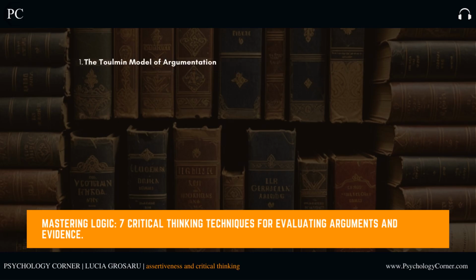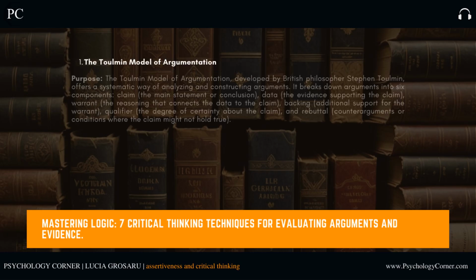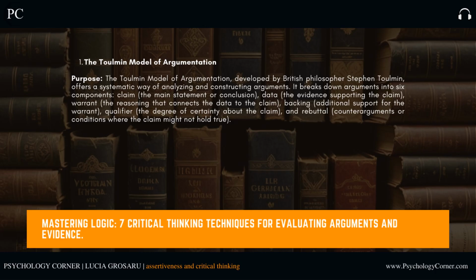1. The Toulmin model of argumentation. Purpose. The Toulmin model of argumentation, developed by British philosopher Stephen Toulmin, offers a systematic way of analyzing and constructing arguments. It breaks down arguments into 6 components: claim, the main statement or conclusion; data, the evidence supporting the claim;